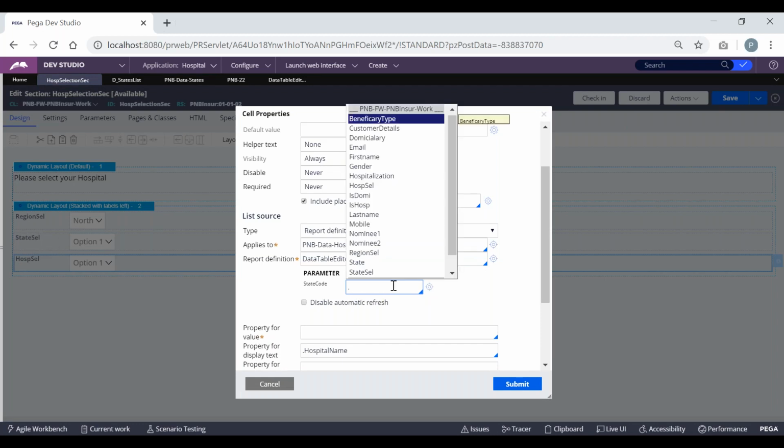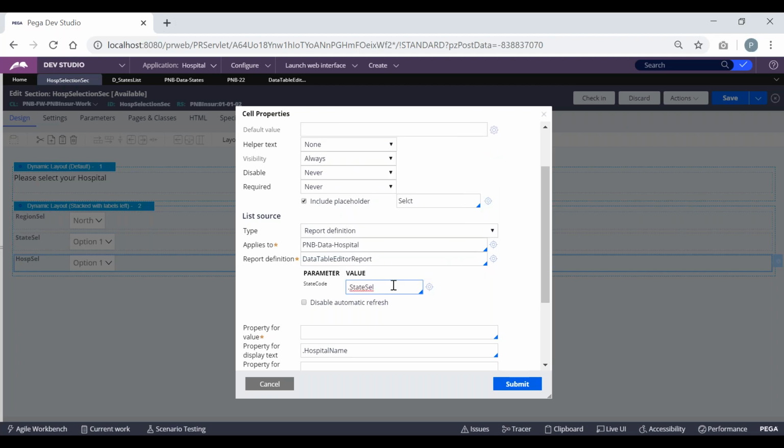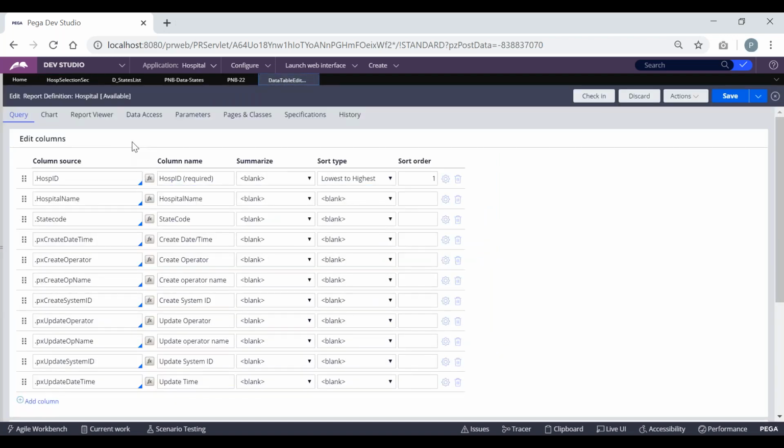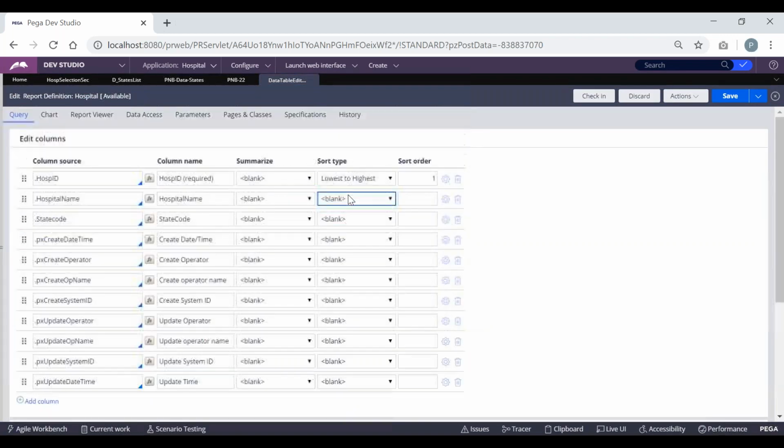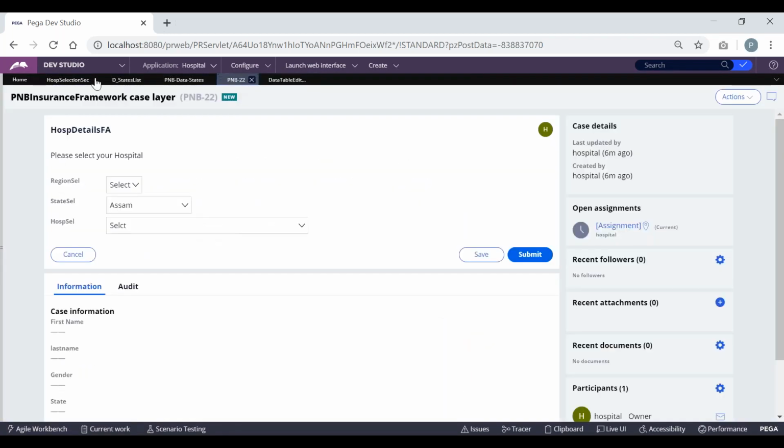So just click on dot. I'm giving the property name. This property name will have some value, no? So I'm directly sending the property value here. If I select AP, the Andhra Pradesh property value will be AP. I will be sending this AP value to this report definition as a parameter, and during execution that AP value will be applied here. So finally we'll be getting values related to AP only.